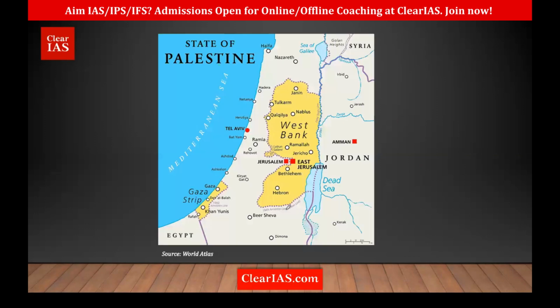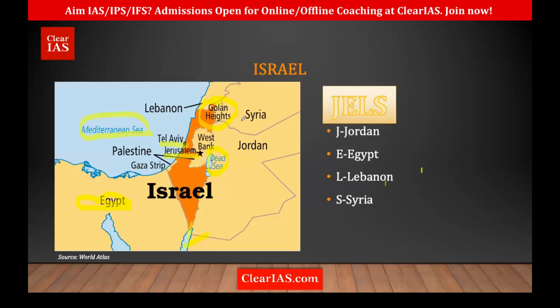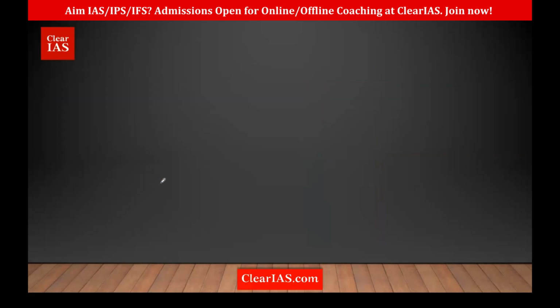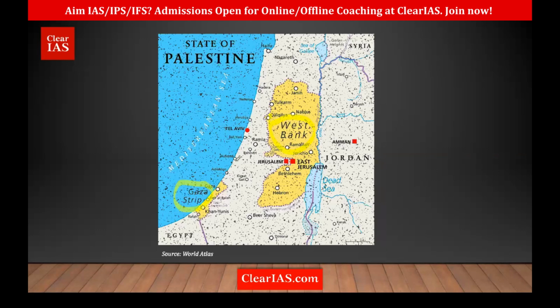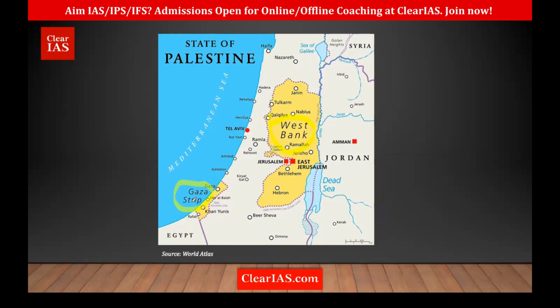So whenever we talk about Israel, one thing you cannot miss out is Palestine. So what constitutes Palestine? Two places: the Gaza Strip and the West Bank. These together form part of what? Palestine. This is actually within Israel. If you see this slide, you can see Israel is here, we have the West Bank here and the Gaza Strip here. It is within this country. And Israel is actually expanding.